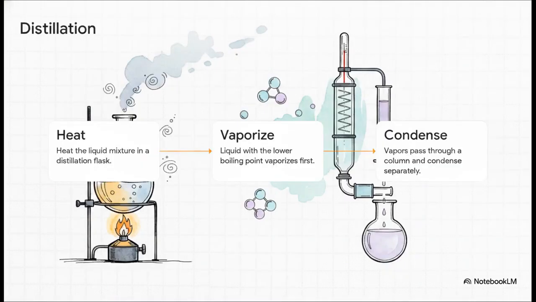We crack this specific case with a brilliant technique called fractional distillation. It relies entirely on one simple fact. Different liquids boil at different temperatures. Water boils at 100 degrees Celsius, right? But alcohol boils at just 78 degrees. So by carefully controlling the heat in a distillation flask, the liquid with the lower boiling point, our alcohol, vaporizes first. Those vapors travel up a fractionating column, cool down, condense right back into a liquid, and simply drip into